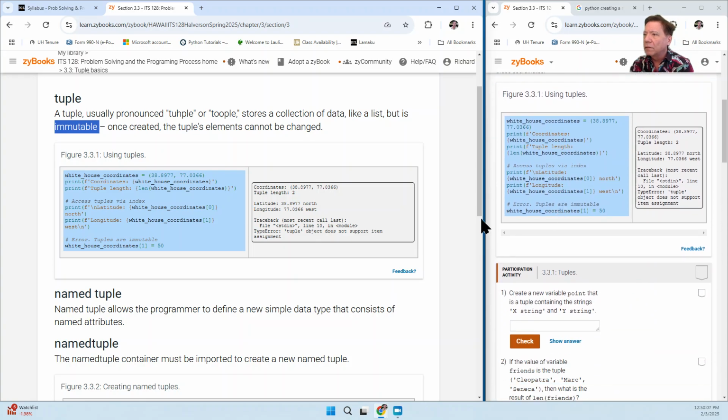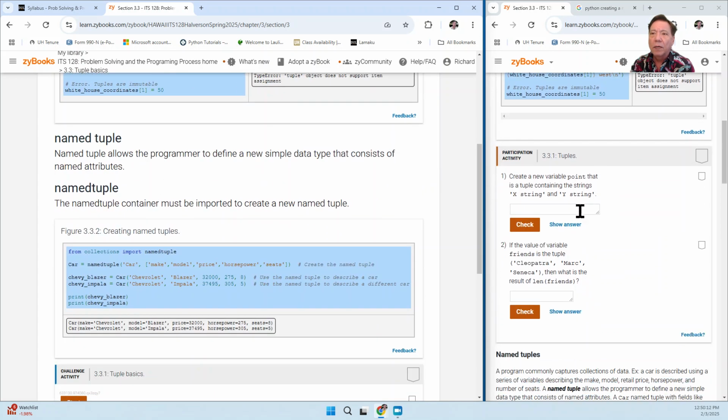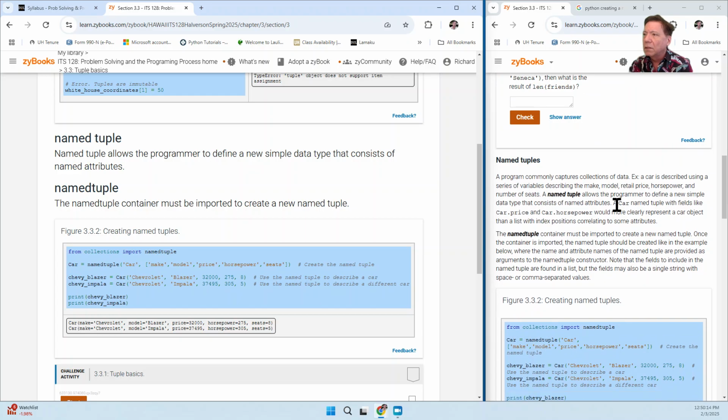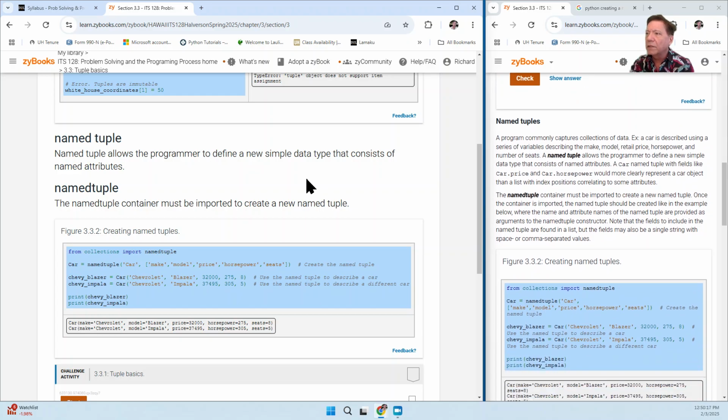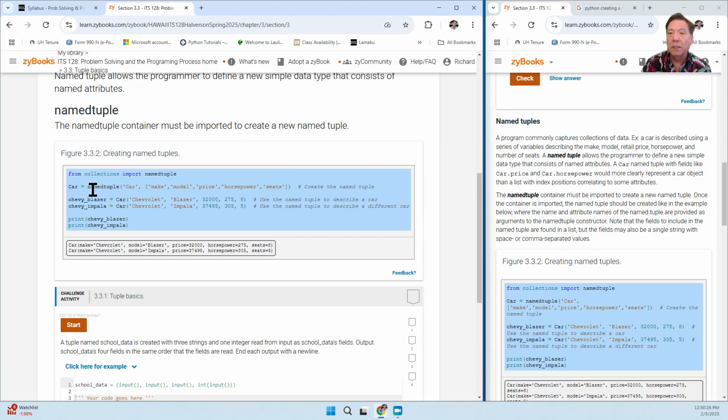Coordinates. Okay, great. Tuple. Coordinates. Now there's a thing called a named tuple, and this is pretty cool. It's not anything like this that I know of in other languages, but I'm sure there is. First of all, you define, and it's kind of like a class. First of all, you define a named tuple, and you name it. And the named tuple is going to have